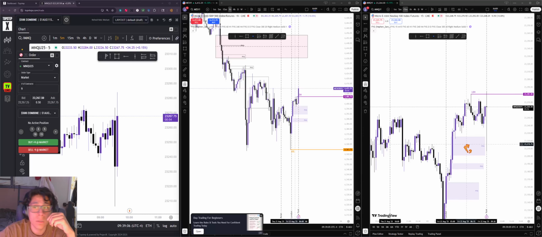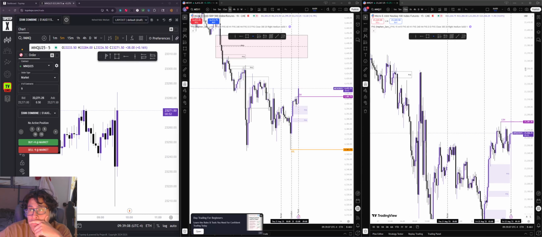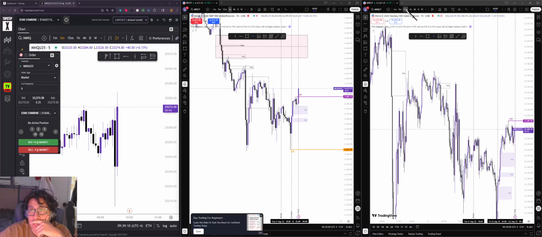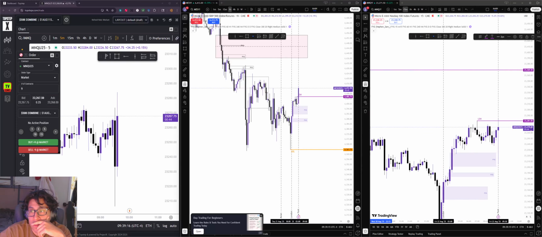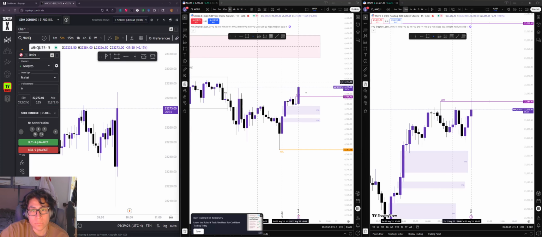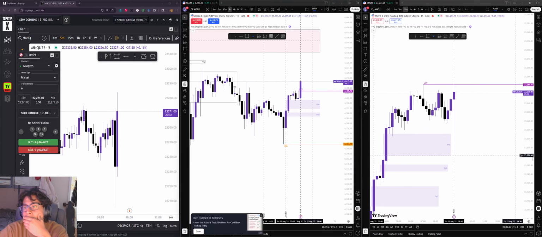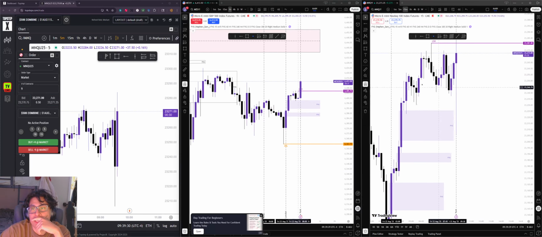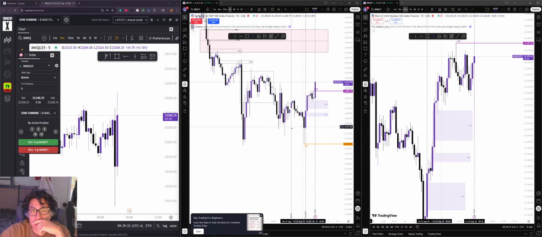Like I said, we have sell side, I mean, buy side liquidity sitting up here at this range. We're taking out this London high. We might just want to come up here in MES, maybe even take out this high up here, which it seems to be doing right now. Come back down. But I guess I want to ideally see us push below these levels right here.